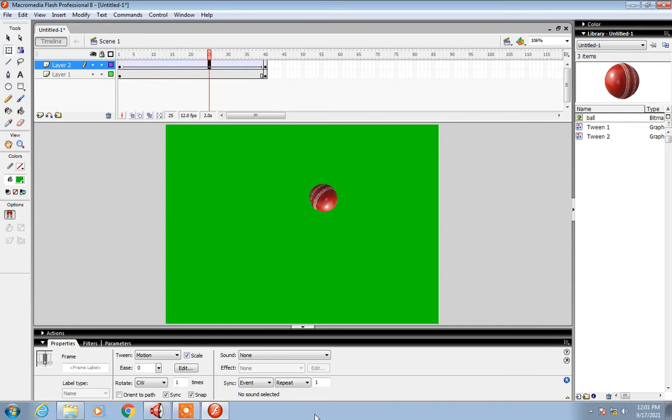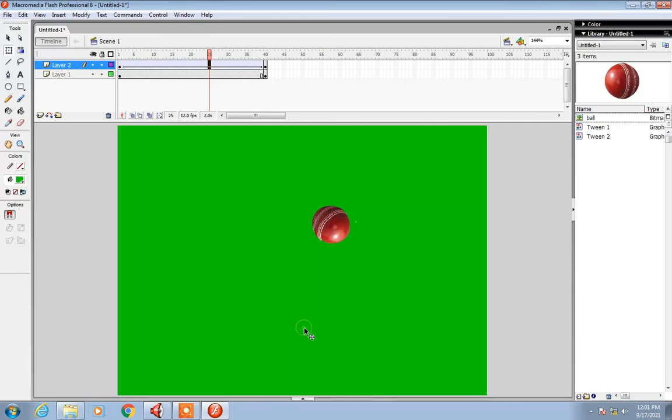CW stands for clockwise and CCW stands for counterclockwise, so if you want to rotate it in the opposite direction, you can make use of CCW. If you want it to rotate in the clockwise direction, you can make use of CW. Okay, so number of times let it be 1, so that slow rotation will be there. If you want the rotation to be fast, you can increase the number of times.